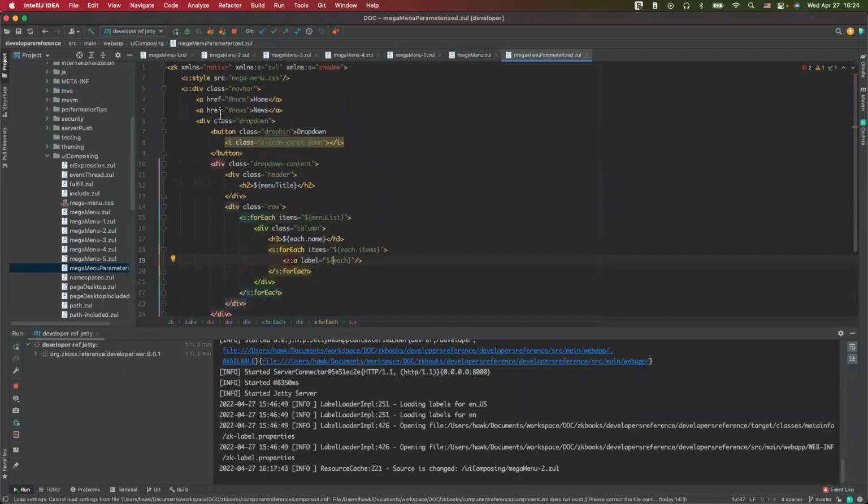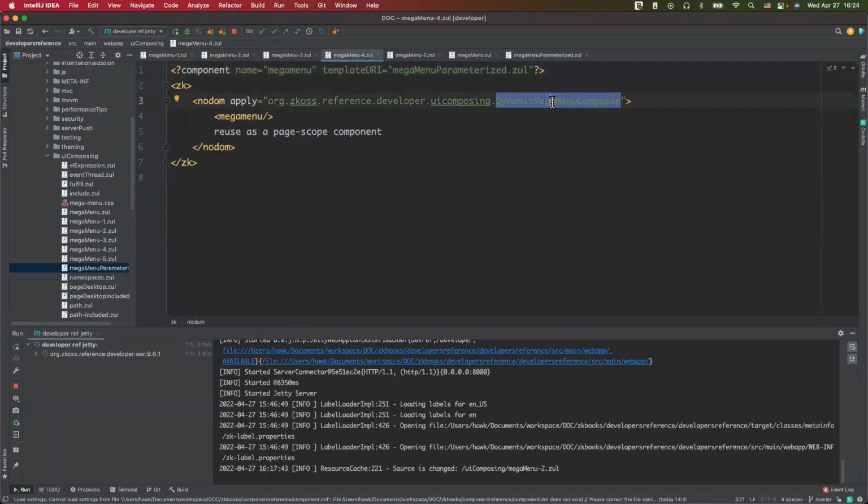For this kind of page, you can see it doesn't have any composer because it will resolve the menu list when it is injected. So you should set an attribute menu list in a specific scope, maybe in page scope, or desktop scope, or application component scope. Yeah, it depends on your